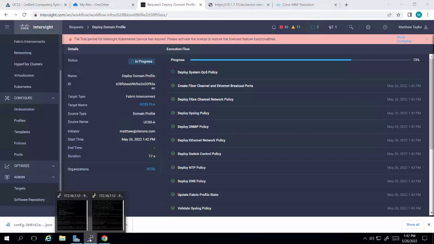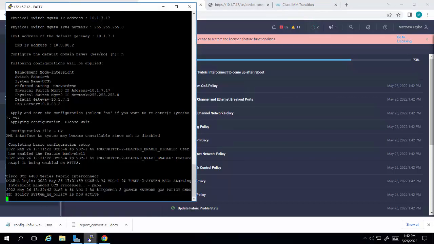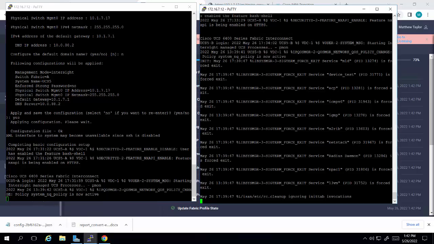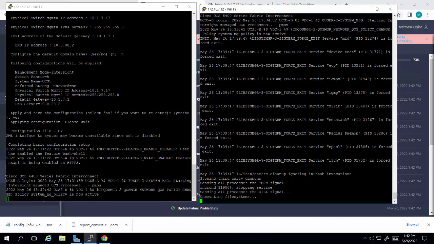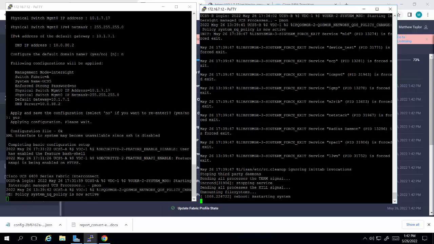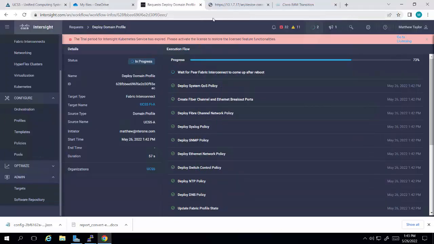And if I go back to my console connection here, looks like both fabric interconnects are going to be rebooting. Yep, they're rebooting. So this is carving out the fiber channel ports, setting up the connectivity. And just since we're running a little bit long on time here for a demo, what will happen after that is the chassis will get discovered, the servers will get discovered,